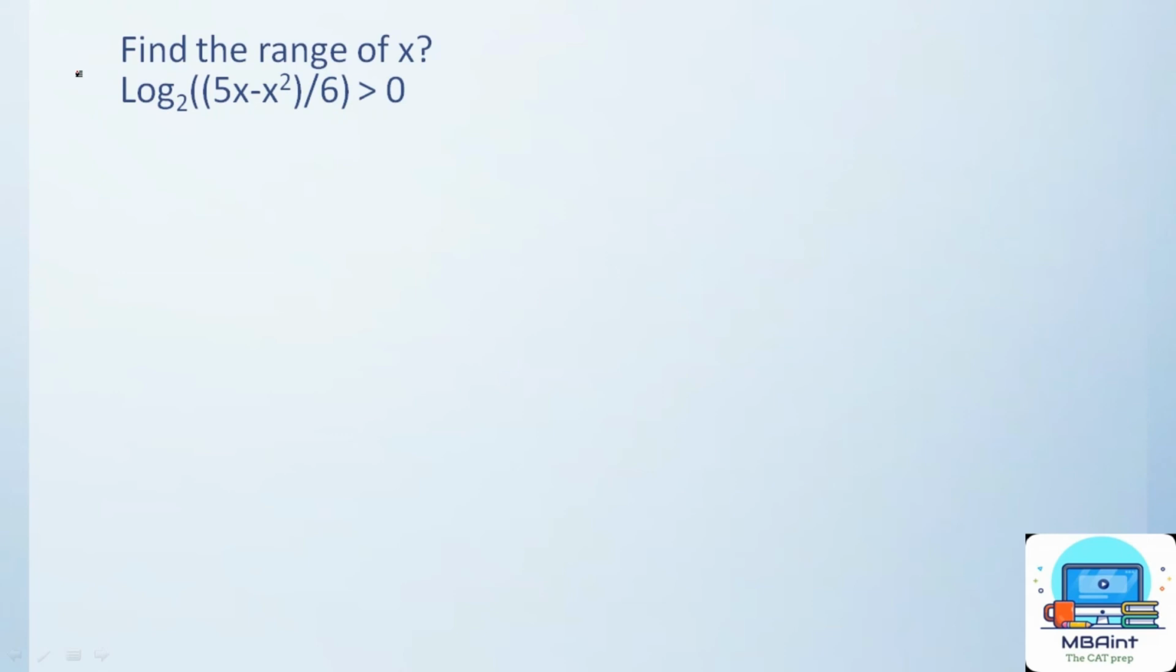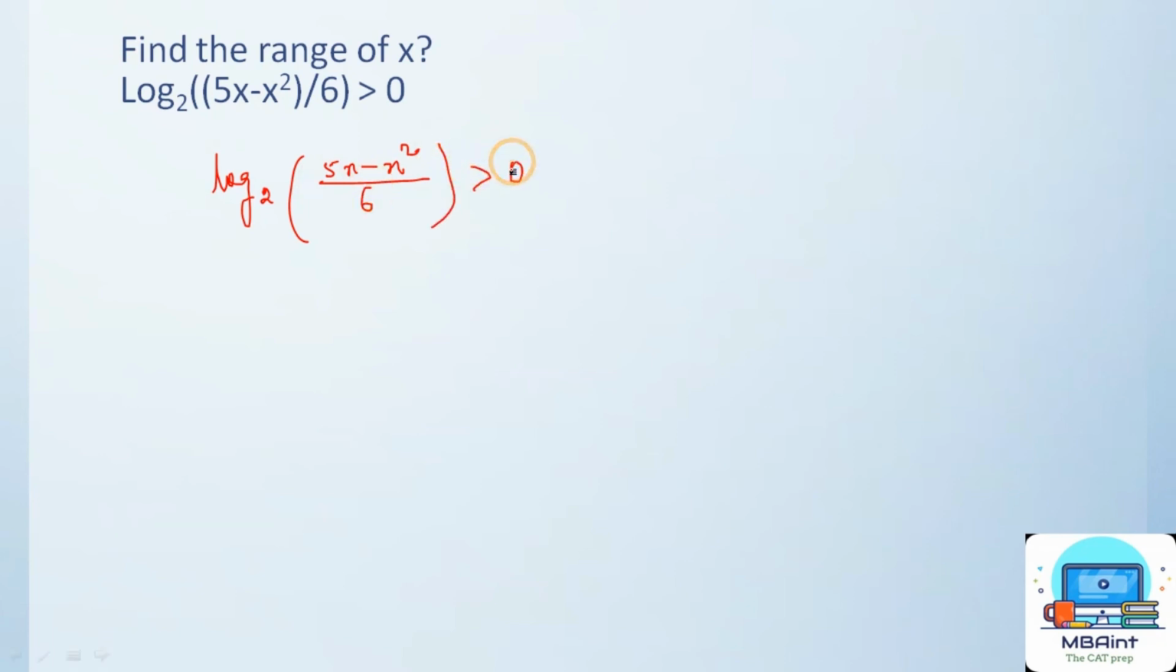All right, so here is the third question in the series. So again, pause the video and try this question. All right, so I suppose you guys have given a good try and you have your answers with you. Okay, let's see this question. I'll rewrite this quickly so that this becomes really more clear to us. So this is nothing but log base 2 of (5x minus x square) upon 6